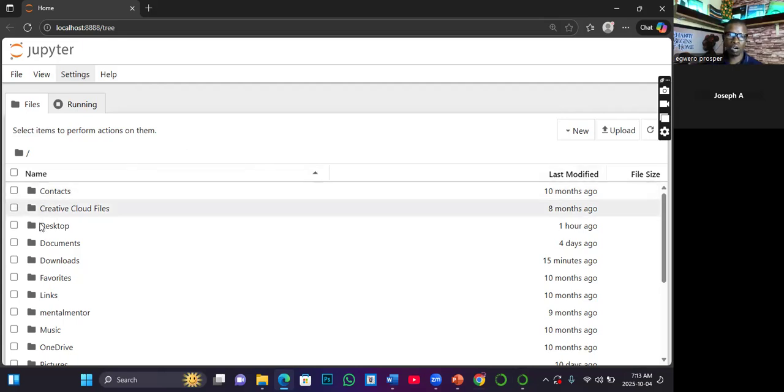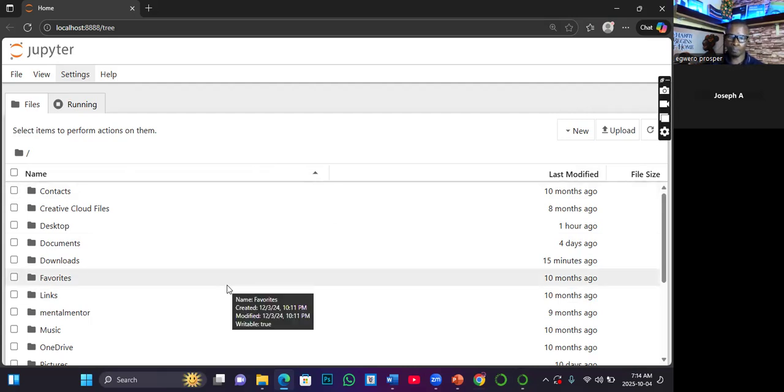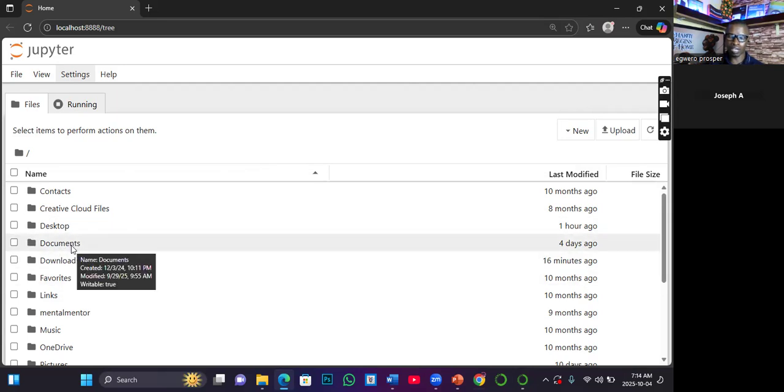But mind you, all these you are seeing are different directories. They are storage. They are different directories that you can create your notebook in. But for professional purposes, I'm not going to just create my notebook in any of these storages directly.